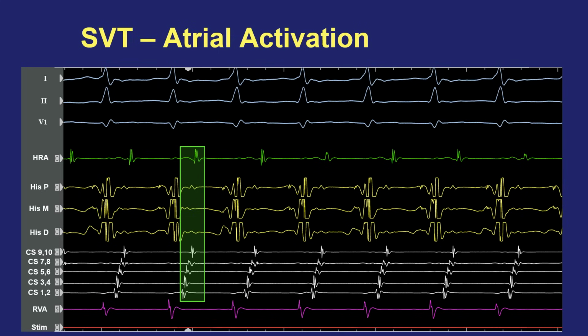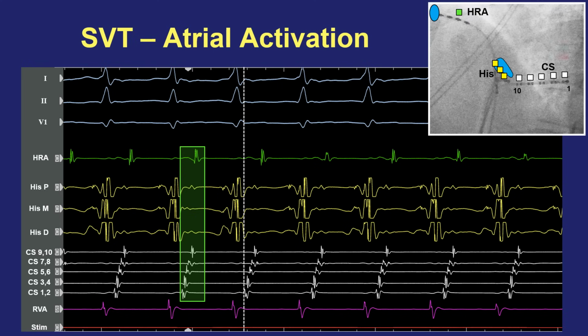And the next observation to make is where is the earliest activation in the atrium. So let's drop a vertical line at the earliest atrial activity, which in this case is out in coronary sinus 1-2, way over in the lateral part of the left atrium. You'll learn during these assessments that often you can rule out one of the three main diagnoses more readily than you can rule in a specific diagnosis. So let's think about this eccentric atrial activation sequence and what the implications may be for